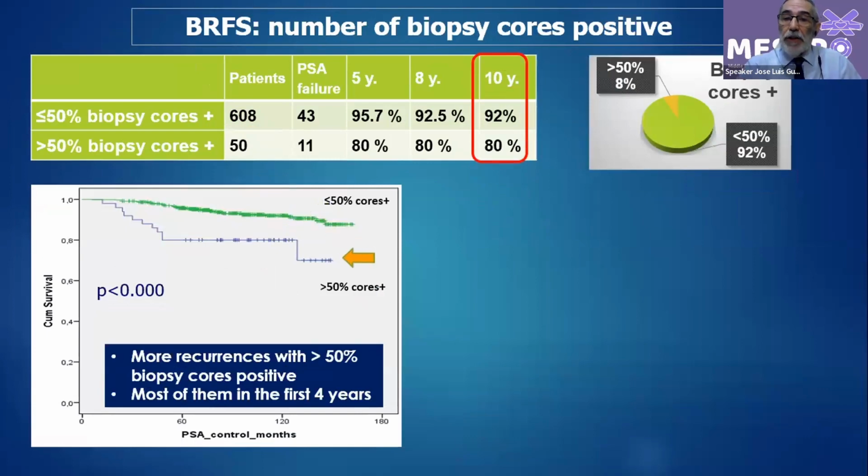And another factor that was forgotten in the past, at the beginning we did not see that, and we have reviewed what happened when we have more than 50% of positive cores. And we have seen exactly the same curve you can see on the left. And it's very interesting that you see that the curve decreases in the first 4 years. What does it mean? We are treating high-risk cases, even if in our classification they are intermediate or even low,